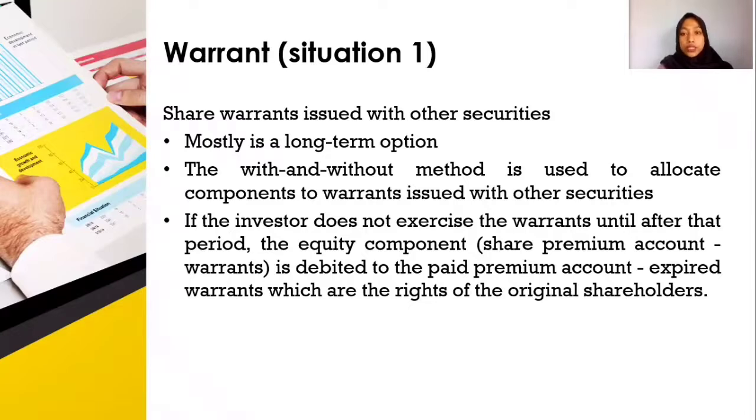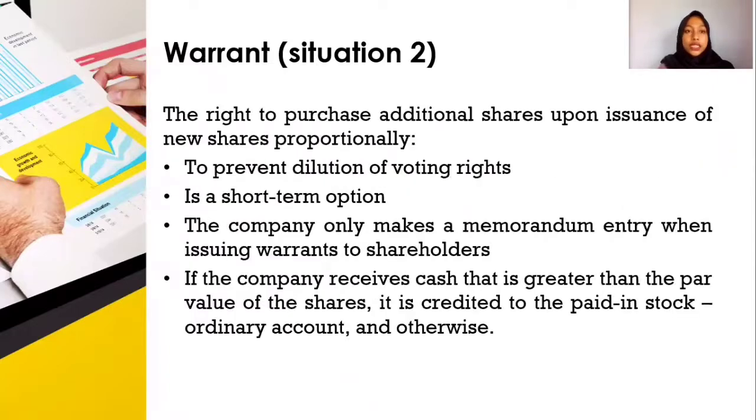The with and without method is used to allocate components to warrants issued with other securities. If the investor does not exercise the warrants until after that period, the equity component, that is the share premium account warrants, is debited to the paid premium account expired warrants, which are the rights of the original shareholders. Okay, the second situation is the right to purchase additional shares upon issuance of new shares